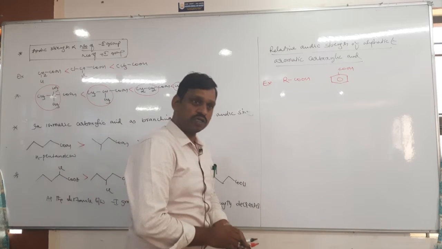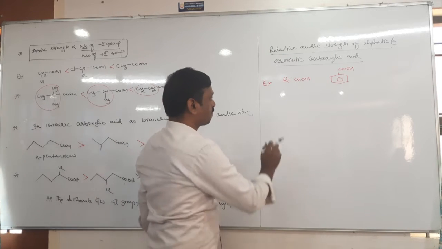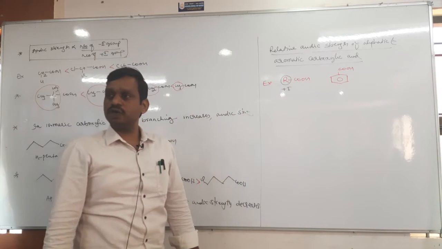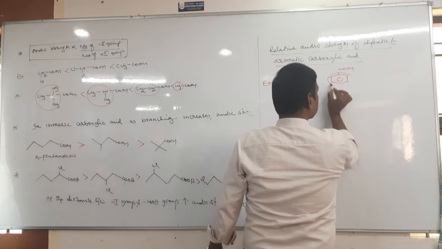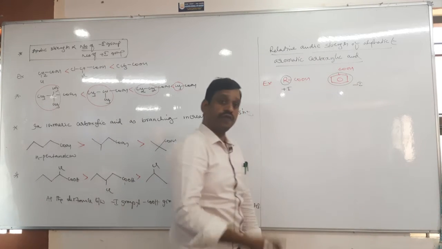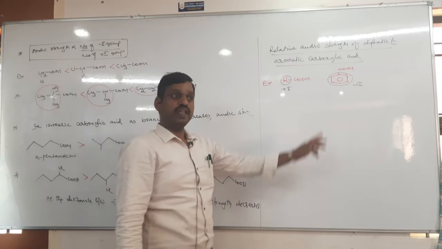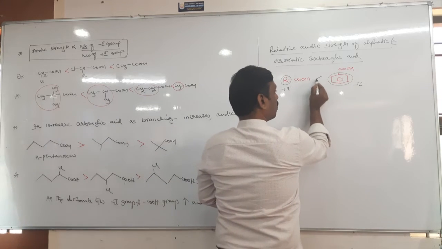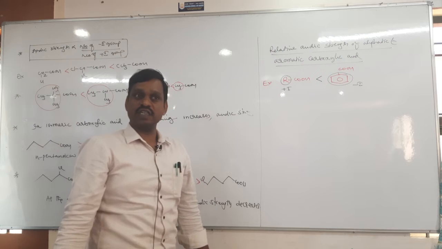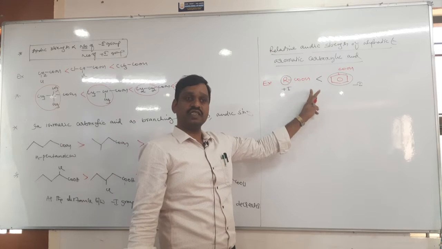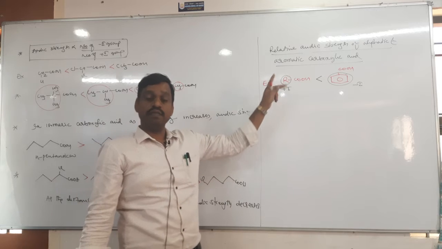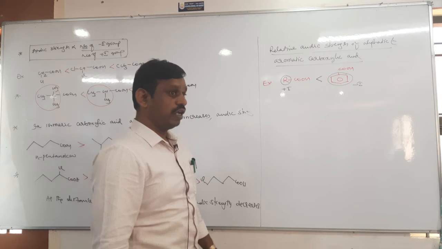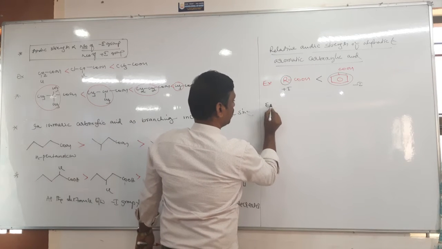So again, it is because of the inductive effect. You can explain: this is an R group. R group is a plus I group, electron releasing group, and remember here the phenyl ring is a minus I group. It has electron withdrawing nature. Therefore, which is more acidic? Benzoic acid, that is aromatic carboxylic acid. So aromatic carboxylic acids are more acidic than aliphatic carboxylic acids because the phenyl ring has a minus I effect. But there is one exception. What is the exception?